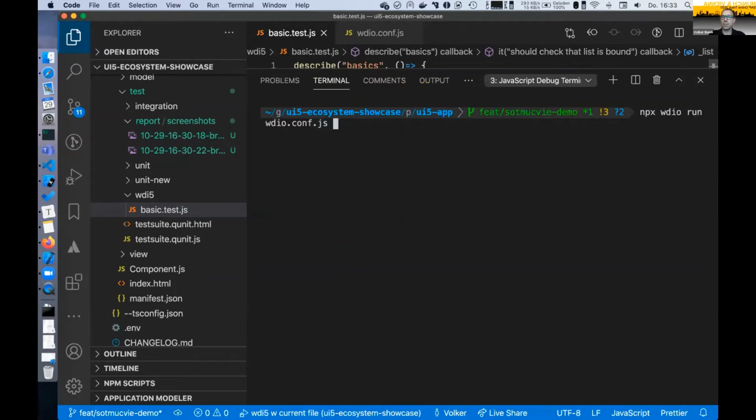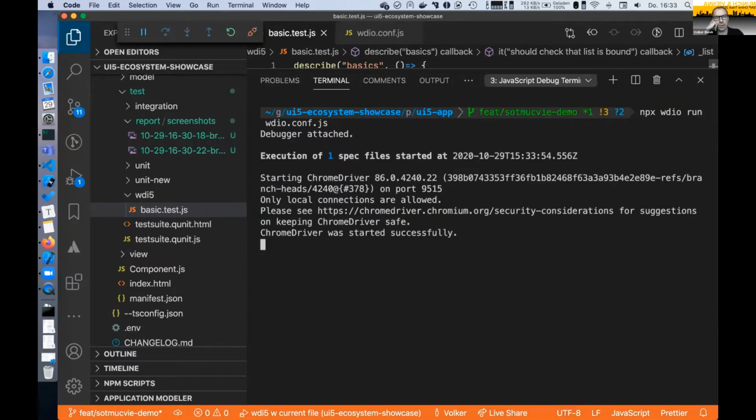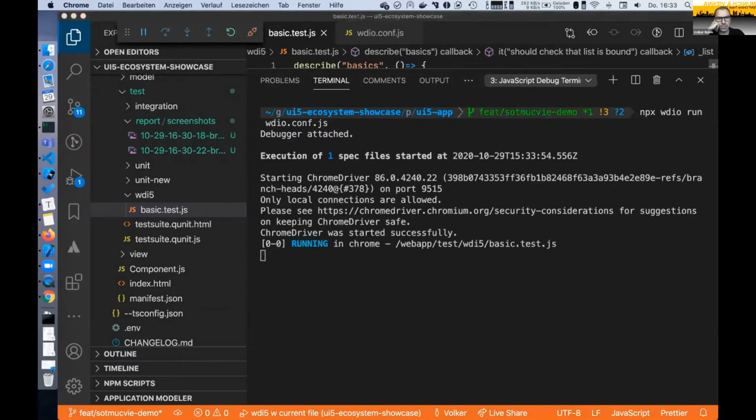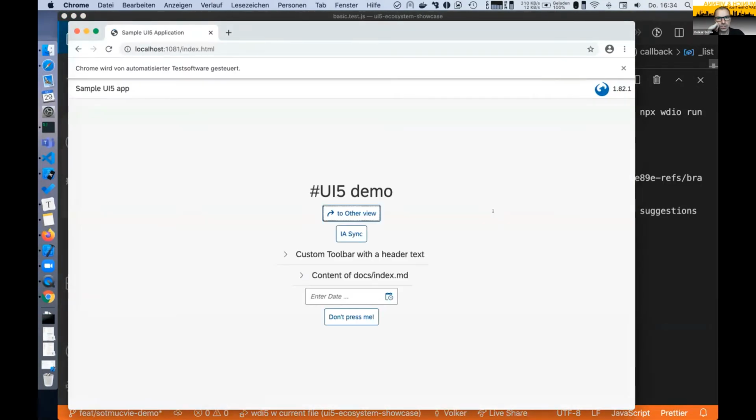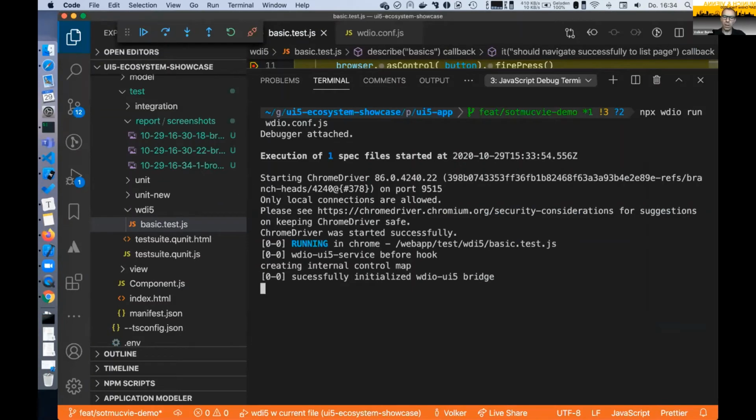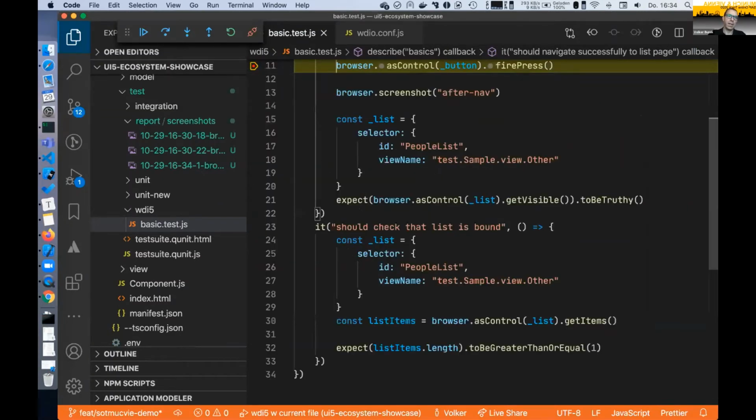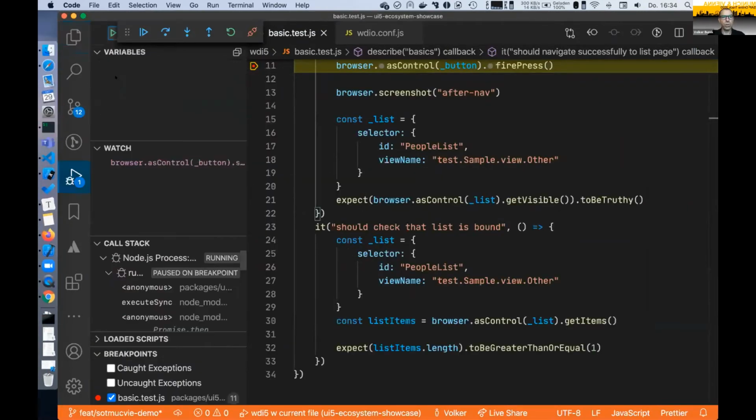And if I then just with the standard WebdriverIO command run the whole thing, the application halts at the breakpoint,